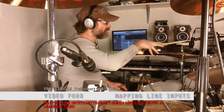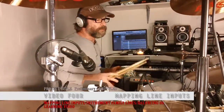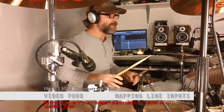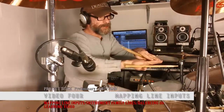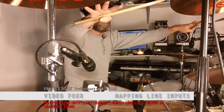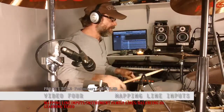Now that being said, the skins from this little experiment that we just saw right here are most likely throwing out more decibels than the brass is. So what we want to do is level these primary lines in, bus them to a channel so that we can get a level on it, and then we will take all the brass, perhaps in combinations, like the crash cymbals are on one bus, and then the ride cymbal and